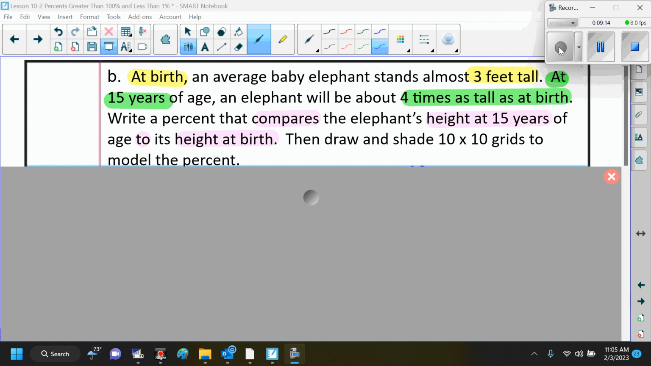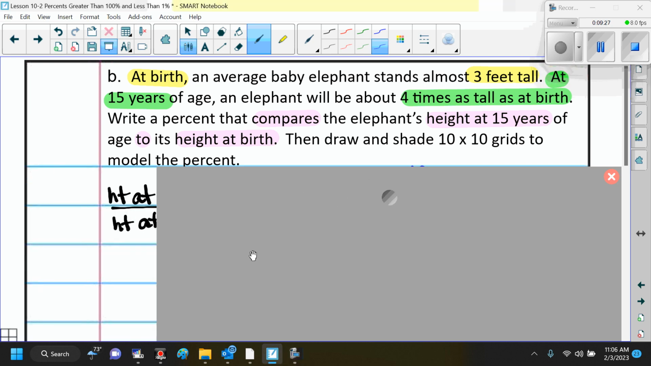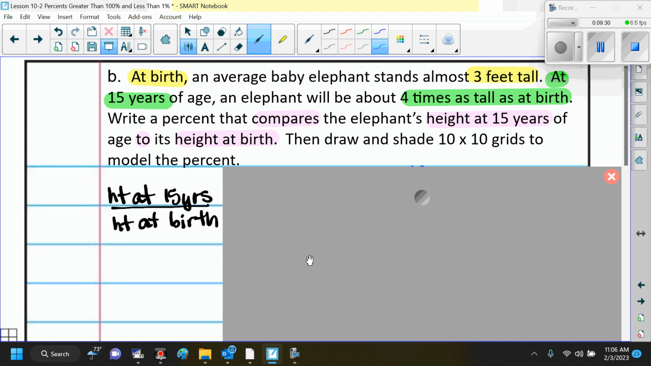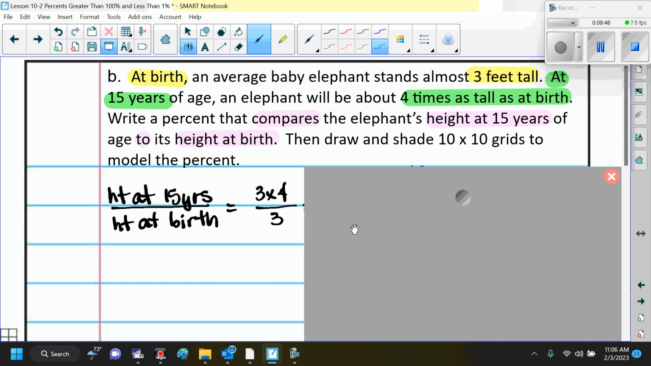Here is our important information. So we're comparing height at 15 to the height at birth. Here's my comparison, height at 15 to birth. At birth, the elephant is 3 feet tall. And at 15, the elephant is 4 times as tall as at birth. So that's 3 times 4, and that's how I'm showing it on my work. So we've got 12 to 3. That is what we want to change to a